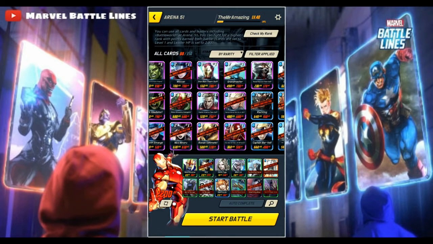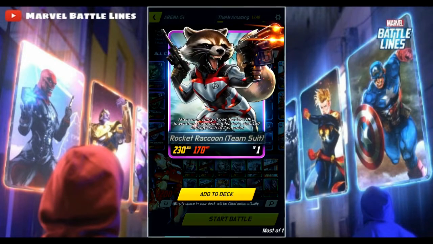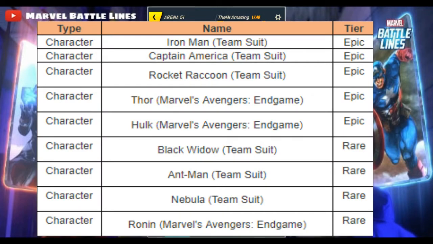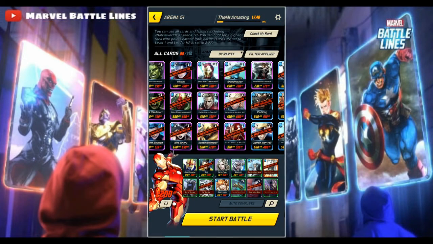Okay, and then you have a bunch more Team Suit ones, like Rocket, who's basically a weaker Iron Man, and then some more cards like Hulk. I'll just read them off real quick so that way you know what they are and you can look through if you want. You have Thor, which he's really powerful, Hulk, Black Widow, Ant-Man, Nebula, and Ronan to go along with Rocket, Iron Man, and that. While we're in here,